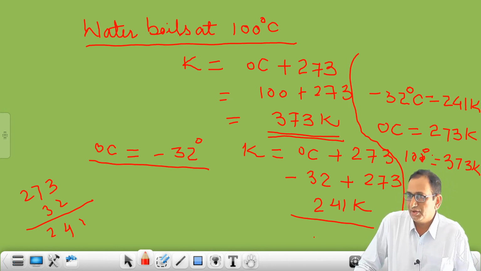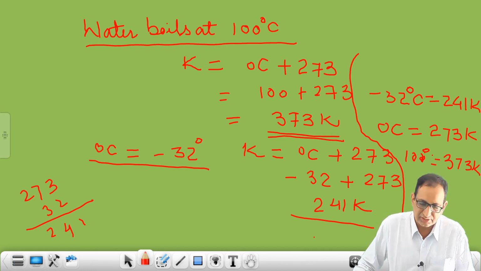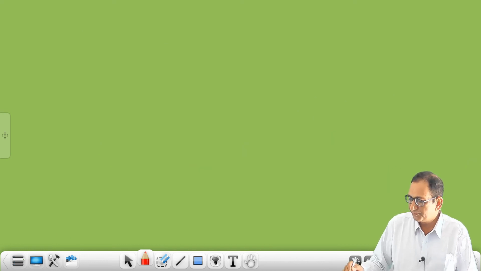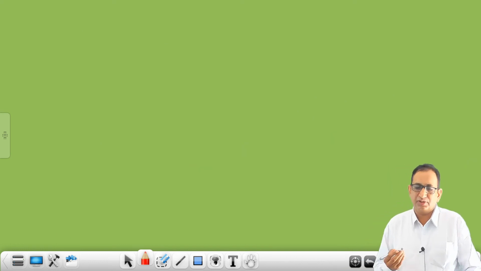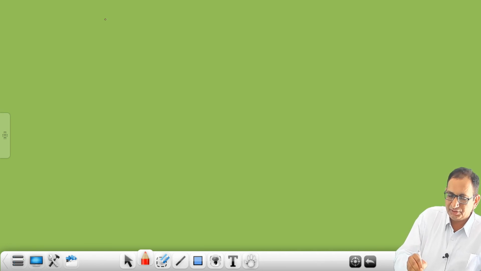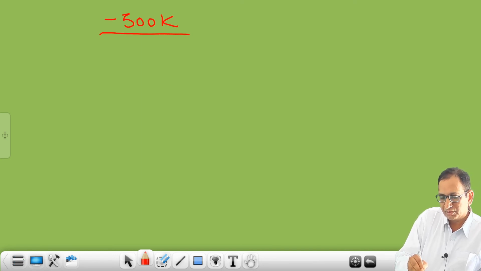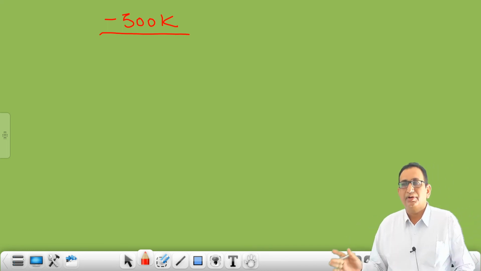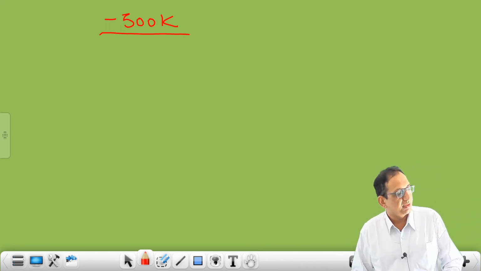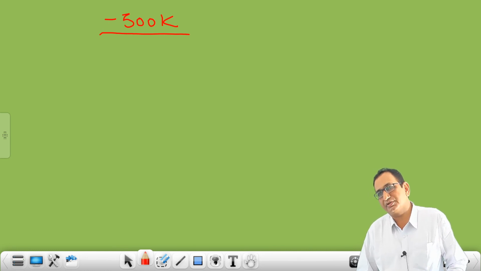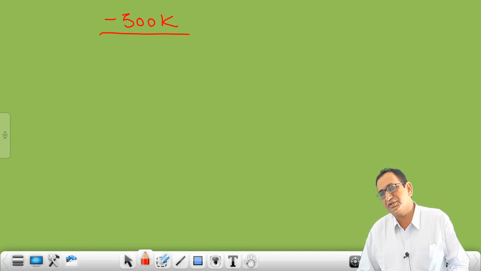And finally, now we will see Kelvin scale to degree Celsius. Temperature will be in Kelvin and you have to find it in degree Celsius. Okay, students. So next, suppose you are given a temperature in Kelvin, like minus 300 Kelvin. So the temperature is given in Kelvin, that value is minus 300, and we want the answer in degree Celsius.